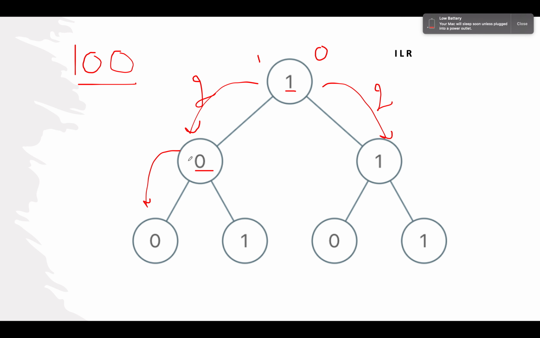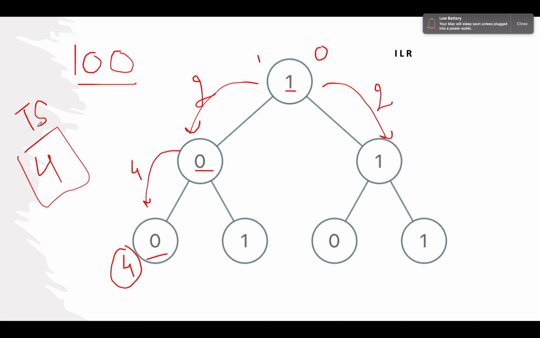Now again, the value gets passed to its child node. We're going to multiply it with 2. So 2 into 2 gives us 4. Awesome. And what do we see here? The value is 0. So 4 plus 0 is 4, and it's a leaf node, so it gets added to the total sum. So 4 gets updated as the total sum.